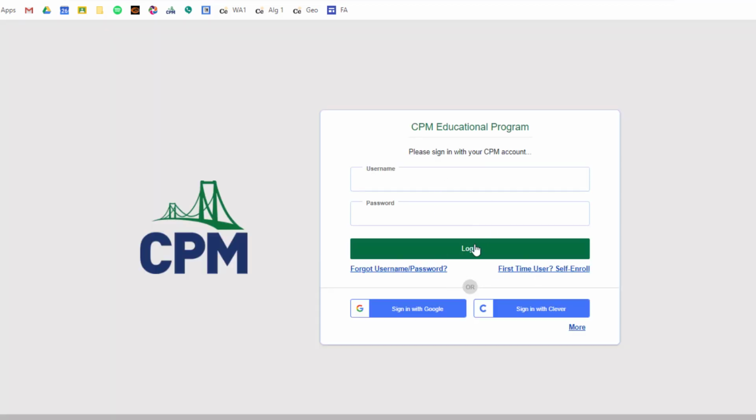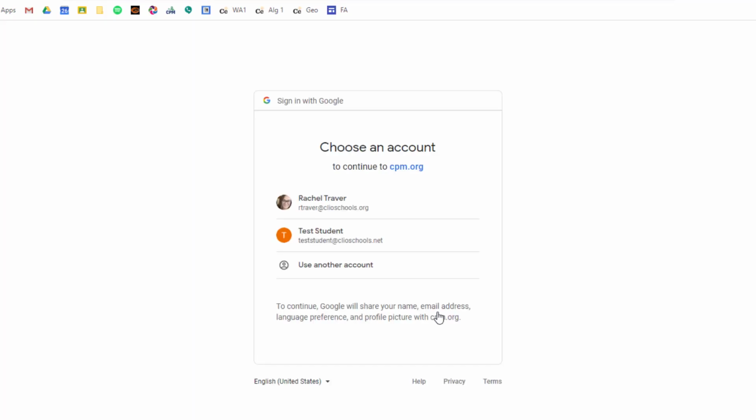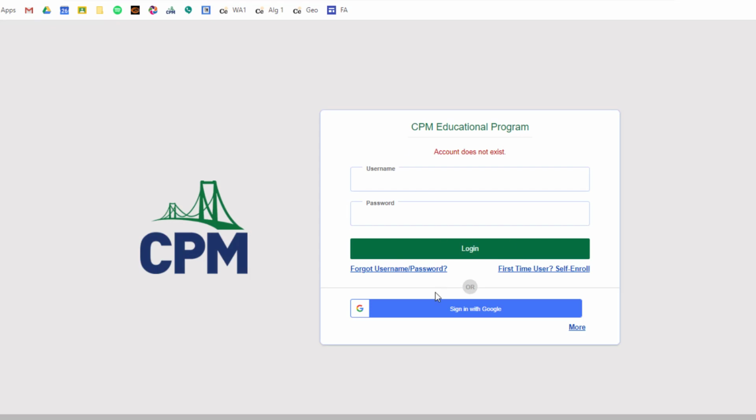When this opens, don't type anything in, just hit sign in with Google. I have a test student account I'll use. So when you click that,